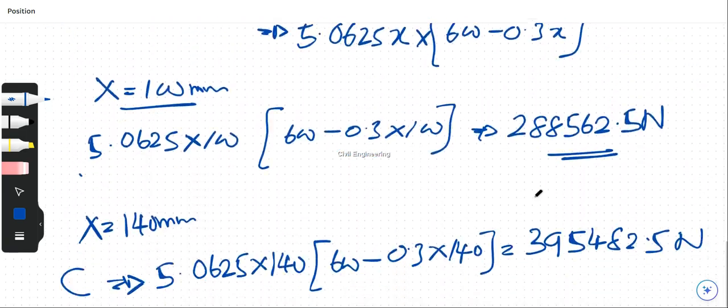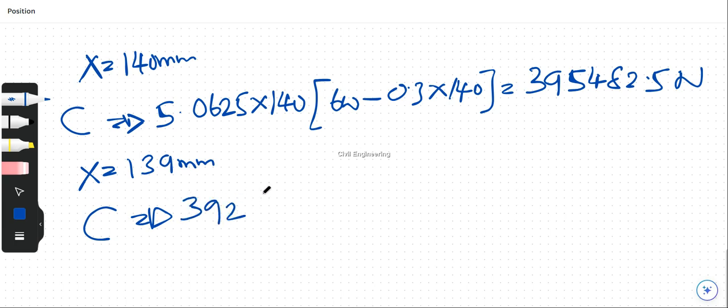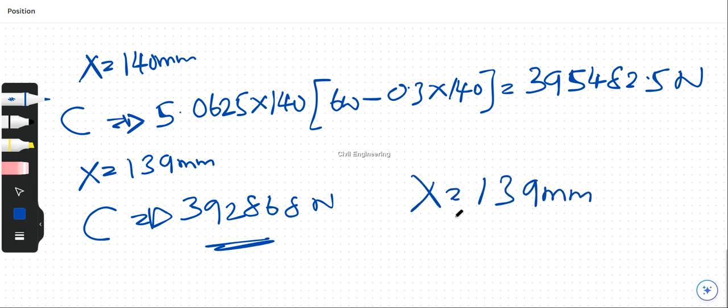Okay, this is a little bit higher, so we can check for x equals 139 millimeters. Yeah, here we can take that the compressive strength is equal to 392,868. This is very close to the tensile strength which can be taken by the bottom reinforcement. So we can take x equal to 139 millimeters,